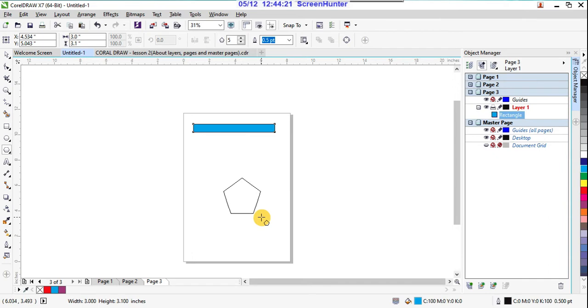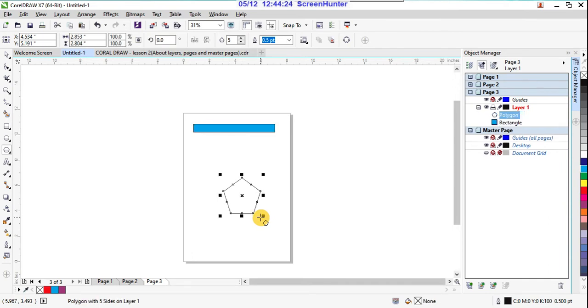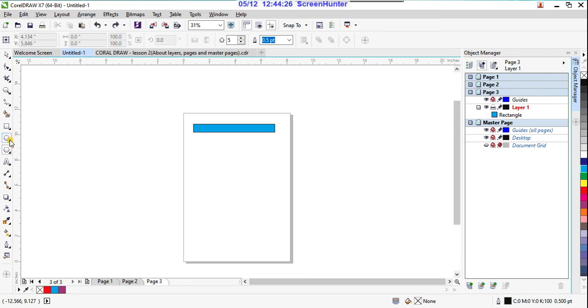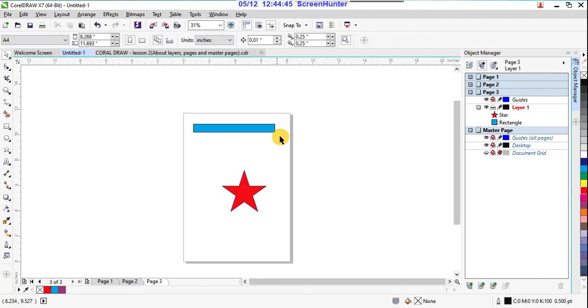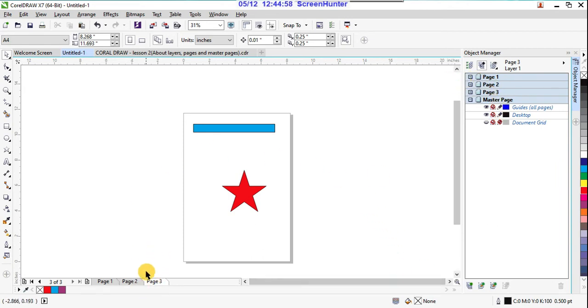and again I'm creating one more, the polygon shape. Otherwise I'll take a star like. So I'm using Control to give a proportionate star. So right here I'm using a red color. See, these two are already added into page 3, right? And minimize this. See, pages are adding now. I'm adding pages, right? So here you can create many pages like this.